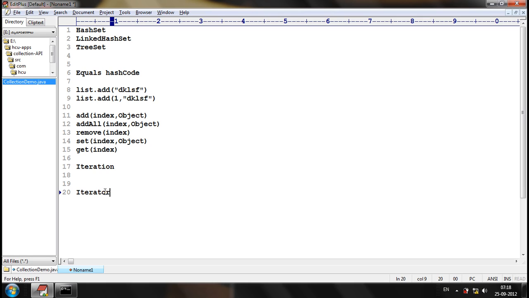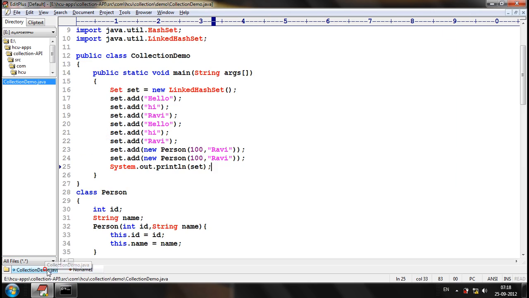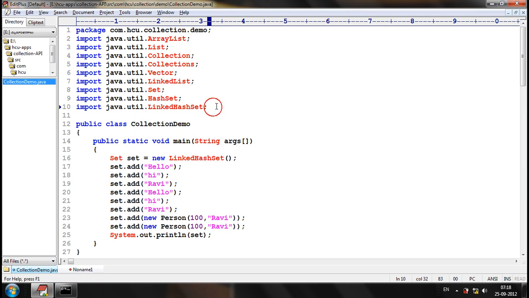We import the util package, and using the Iterator interface, we can iterate a collection. Now let us see what is Iterator and how it will work. Iterator is an interface as we told,